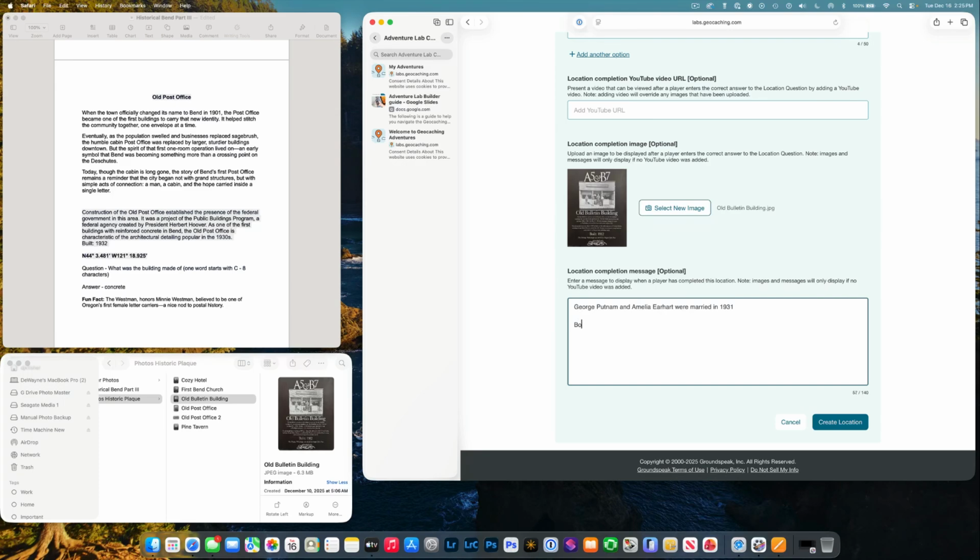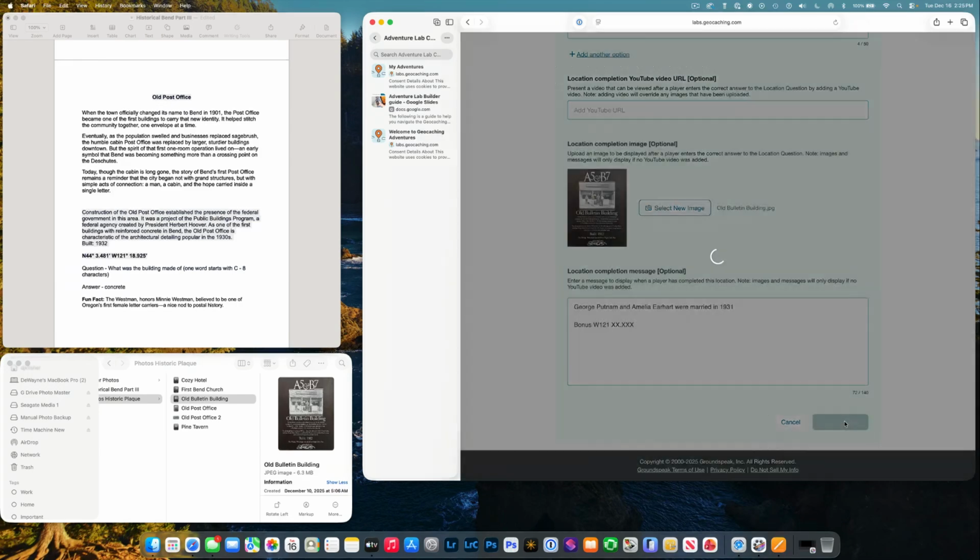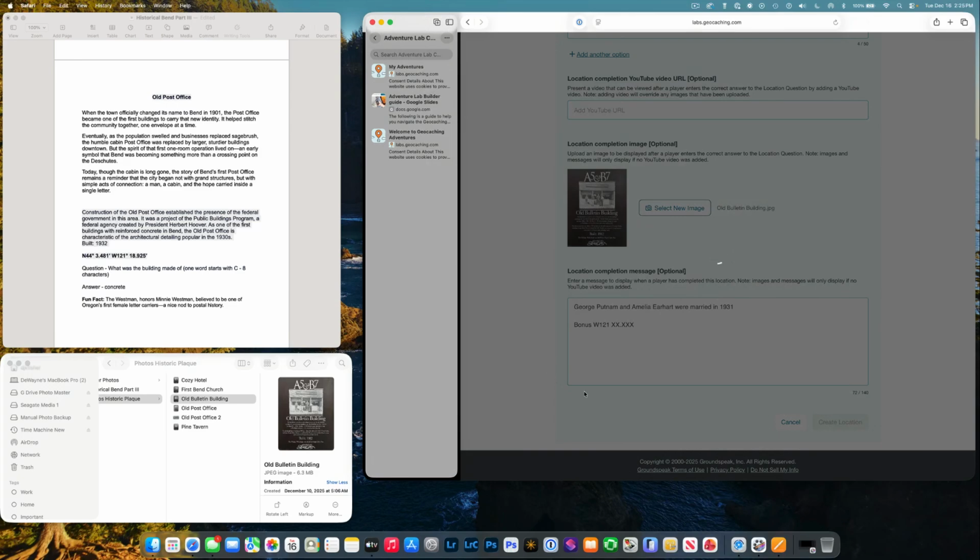So bonus, and then it's going to be West 121, and then XXX, and then dot, and then XXX, and I'll put that in later. And then we're going to hit create location, and that's going to create the,